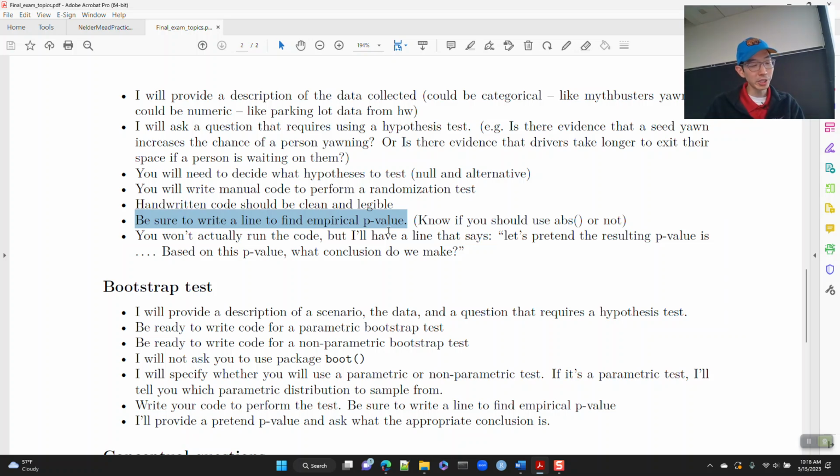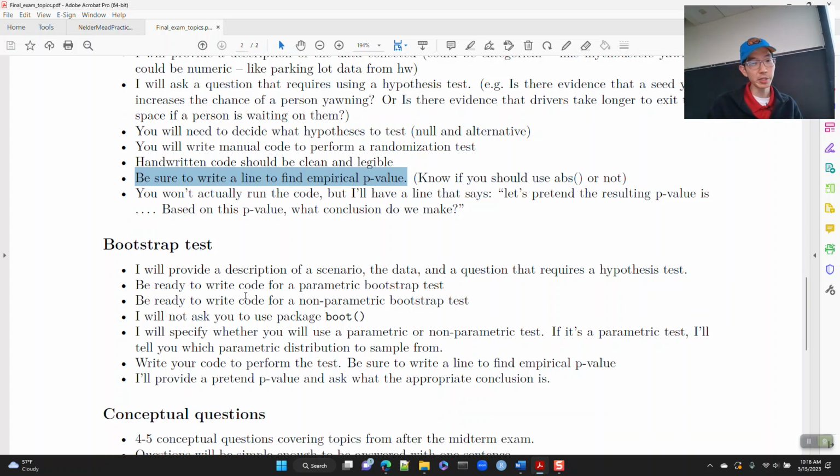Not just that we reject the null hypothesis, but what does it mean to reject the null hypothesis? It means our data provides evidence of blah, blah, blah, or something like that, okay? So that's the randomization test, and then there will also be a bootstrap test, very, very similar